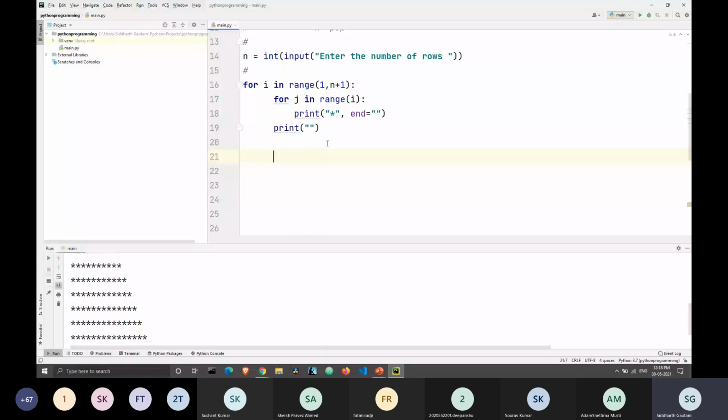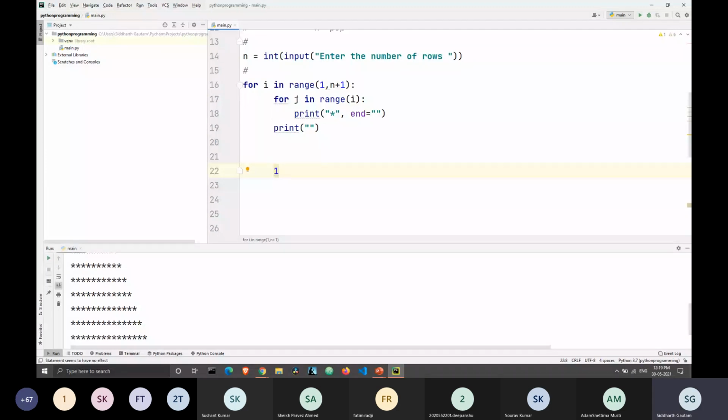Then we are going from 1 to 5, because n + 1 is 6. I'm not writing code, just numbers here. When the outer loop gets executed the first time, the value of i will be 1, and when the value of i is 1, the inner loop will also get executed.